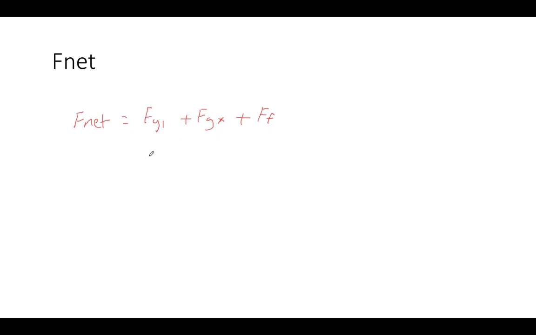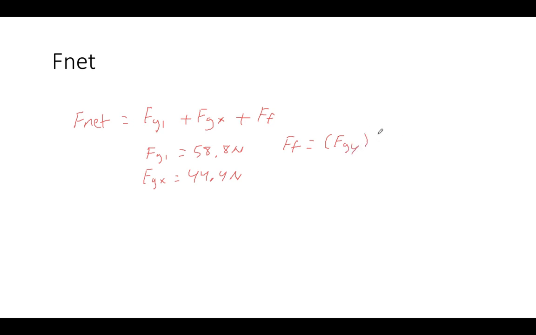And Fg1 is equal to 58.8 newtons. Fgx, and we calculated that in the last example, is equal to 44.4 newtons. And F friction, we have to calculate that, is equal to